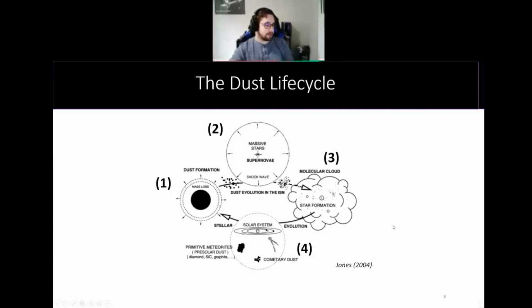Furthermore, you get star formation from compressions in giant molecular clouds, and that gives rise to the next generation of stars and stellar systems, where dust gets locked in primitive bodies such as meteorites, planets, asteroids, comets, etc. And these stars age, and you get back to the first point of the cycle, and we get continued production of dust and enrichment of the ISM.